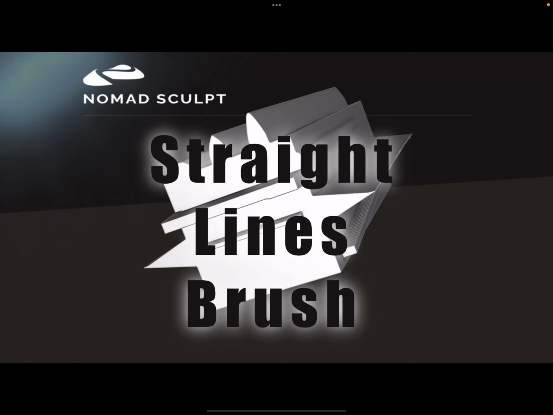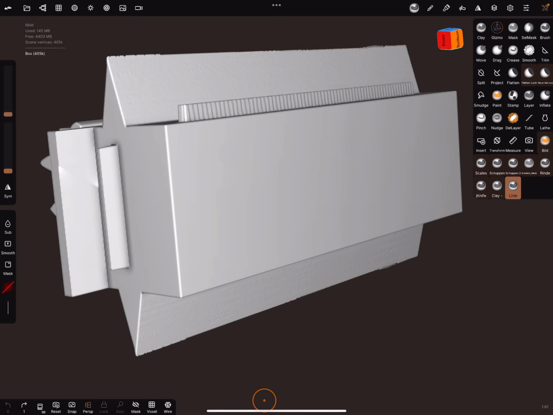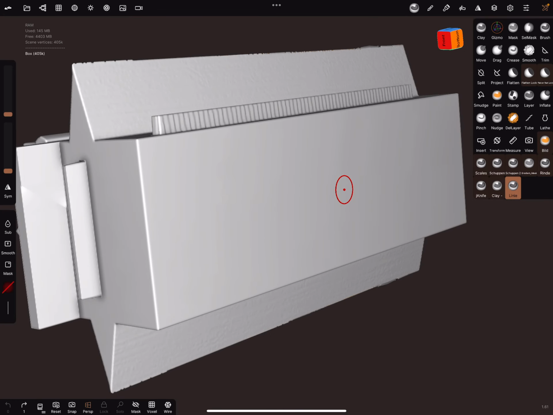Hello, Nomad Sculpt and a straight lines brush. Okay, I go to the Nomad app and I select the line brush, and you can